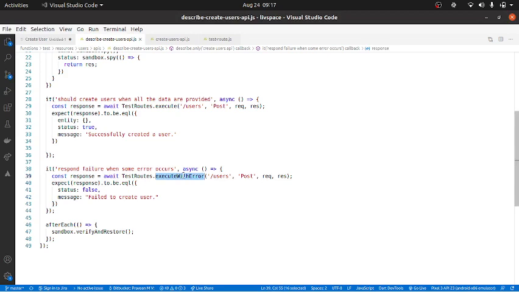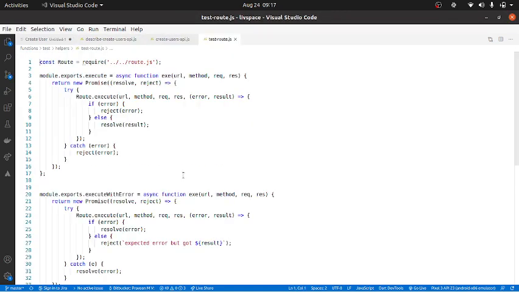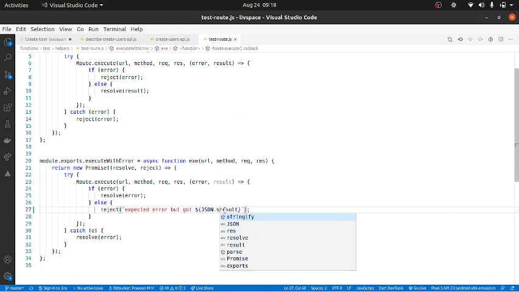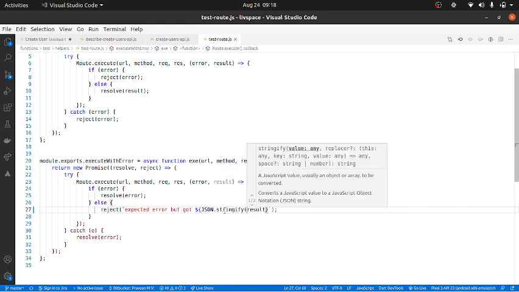So let's go to execute error, test route execute with error, but the result was, I shall just do stringify. I think this will be better.